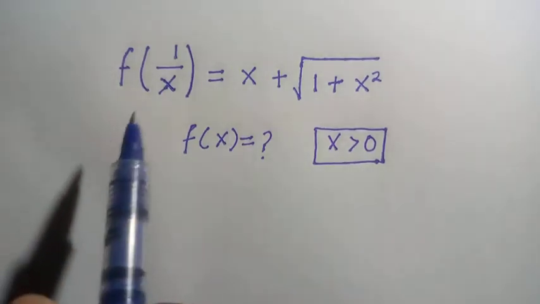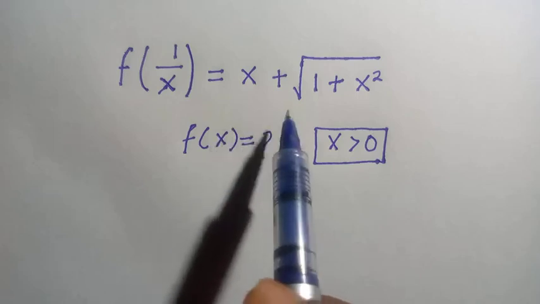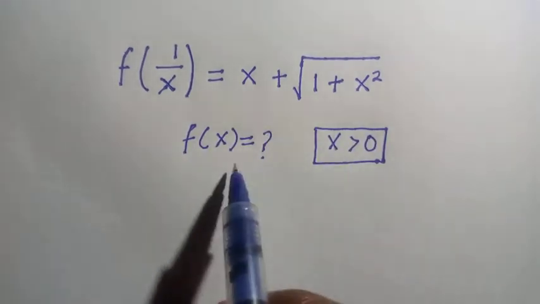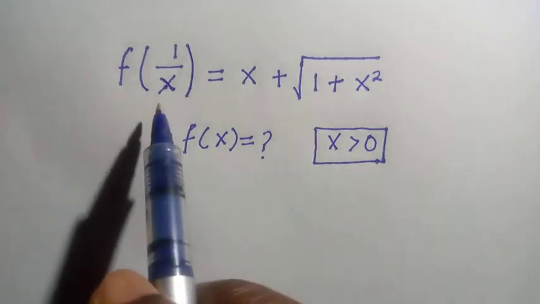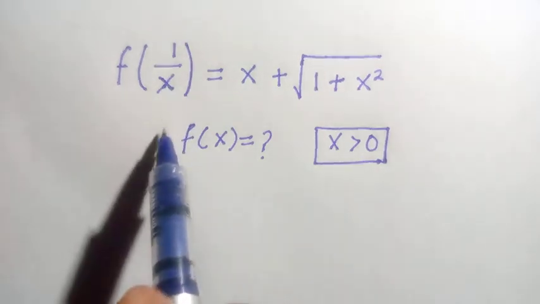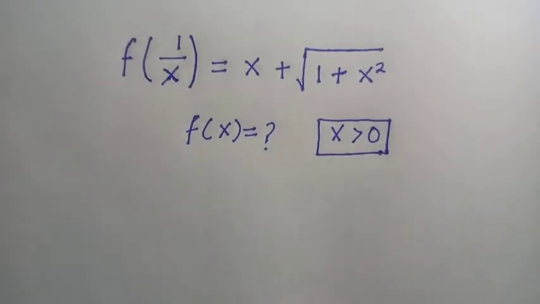In this video, we are going to be solving f of 1 over x equals x plus square root of 1 plus x squared for f of x. So here we have the f of 1 over x, which is in a fractional form. I want to find only f of x. So to do that, we are going to